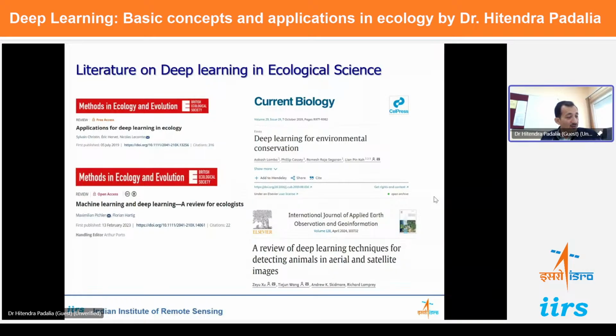By now some very good review papers have come. For example, one is on application of deep learning in ecology, in Methods in Ecology and Evolution. Another is on machine learning and deep learning, a review for ecologists; deep learning for environmental conservation; and a review of deep learning technologies for detecting animals in aerial and satellite images. This is a very recent paper,